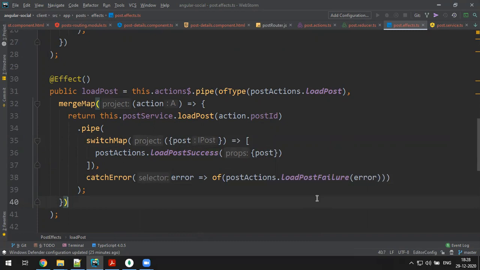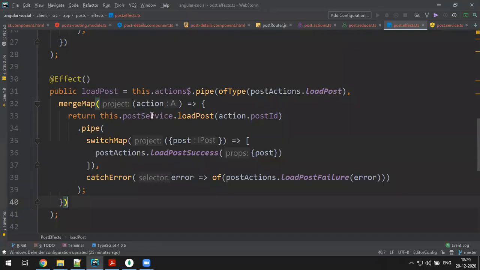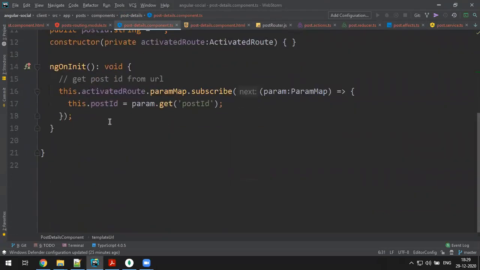So we are done with everything, and we have to dispatch an action for that. From where we have to dispatch is here. The page loads for the post details. I have to get it by providing this ID. So where is that post details component here? Just say load post from server.